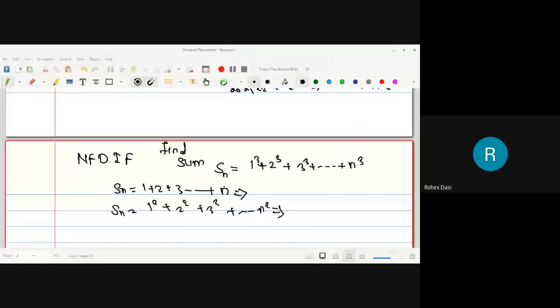Ma'am, Sn is given to be a sum of 1 cube up to so on n cube. We can take Sn plus 1. That will be 1 cube up to so on n plus 1 cube. Correct. Then difference what you have to do next? The Sn plus 1 minus Sn will be delta Sn. Okay. So with the help of that, we can find out now delta S1. Similarly, we can find delta square S1. Okay. Try to find out delta S1 and then find delta square S1, delta cube S1, and tell me the values.